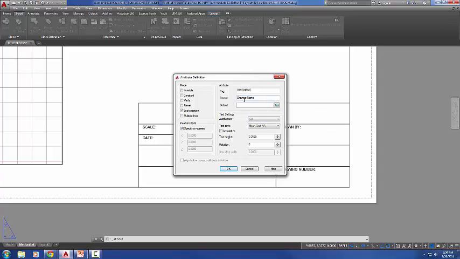type in drawing name. Default, we can just type in drawing name. What's nice about filling in a default here is even though drawing name will never be the text that you'll actually type in, at least as you're inserting that attributed title block, you can see what's supposed to go in that field. Under mode, nothing should be checked, and the first time that you do an attribute in a drawing, this guy right here is checked, lock position, so uncheck that. We don't want to lock the position. That's pretty important. So just on this one, make sure that there are no modes selected,